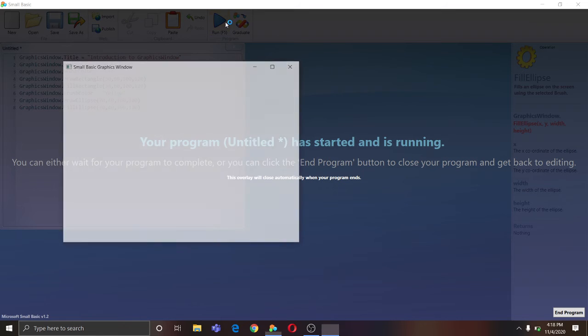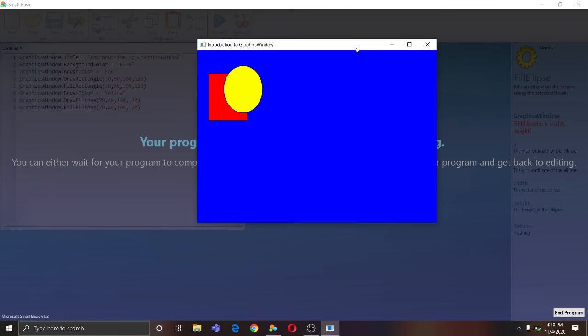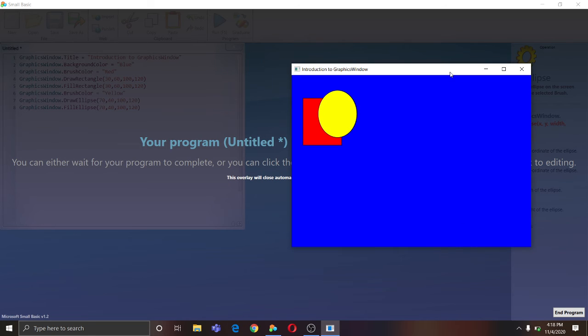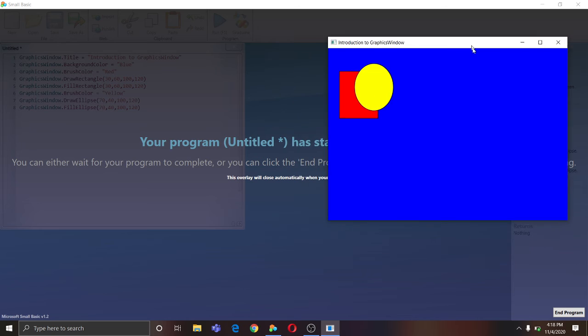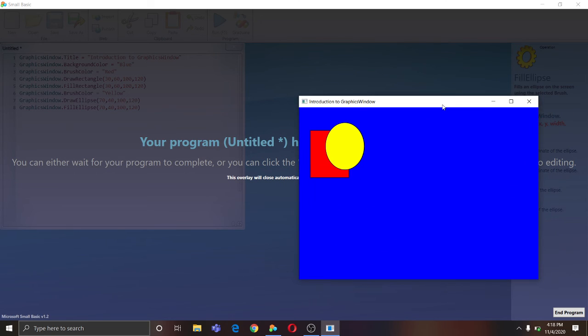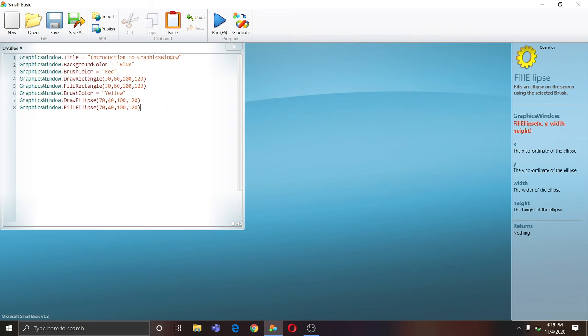Now it should work. As you can see, it is called draw ellipse and not draw circle, as according to the width and height you set, it can also be an oval or a circle. That's why it's called draw ellipse.